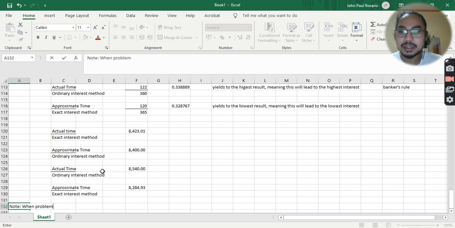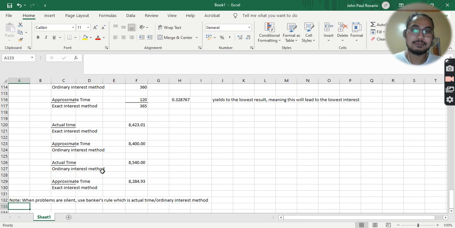When problems are silent, use the banker's rule. Banker's rule, which is the actual time over ordinary interest method. Okay. So we're done with that. Let's move now to